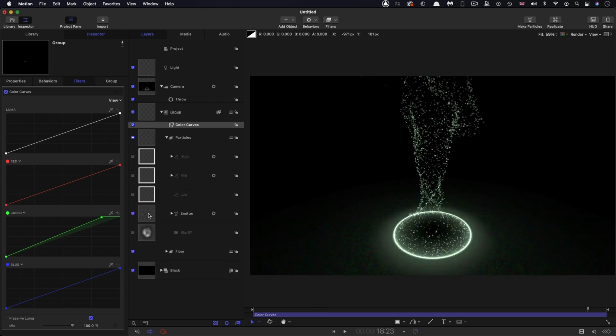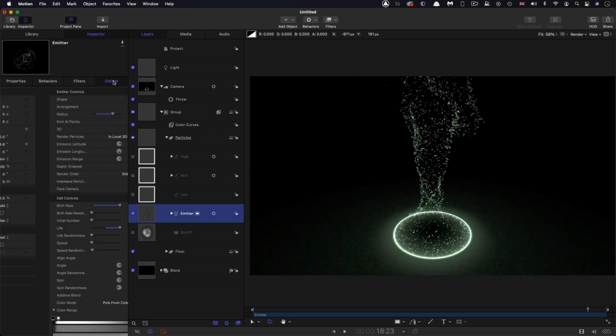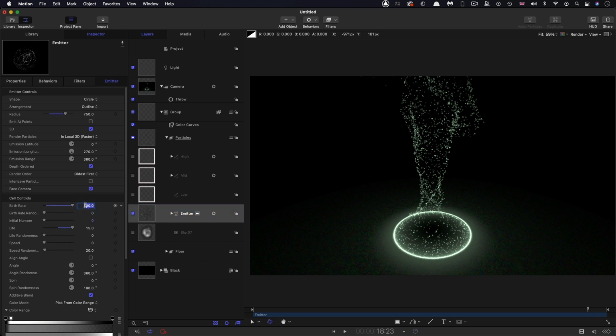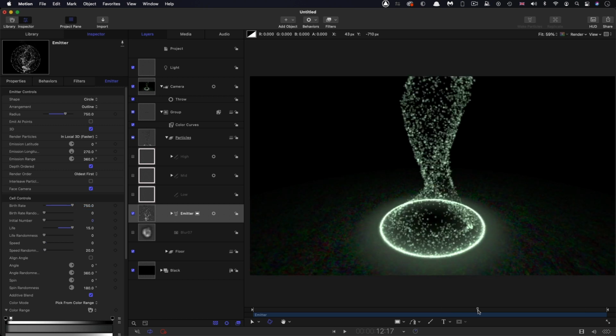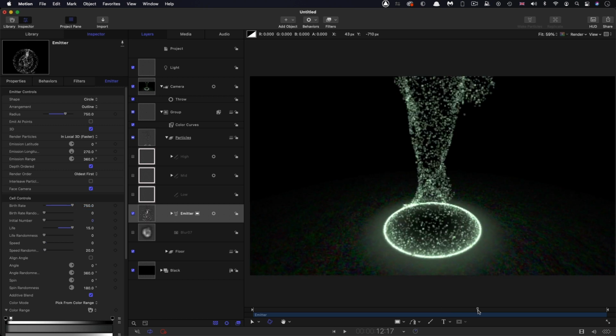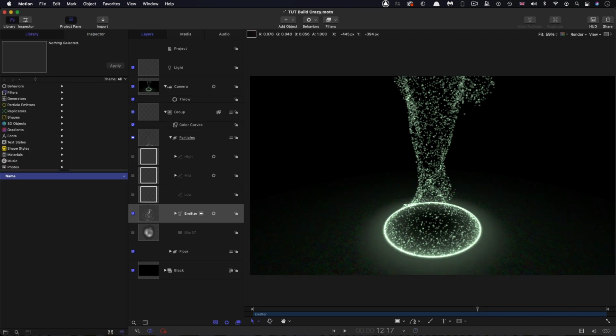Obviously, when you come to render it, you'll want to increase the number of particles. I recommend probably something like 750. So if I turn that up, my computer's starting to grind a little bit with these numbers, but you can see how much nicer that is. So the more particles you can throw at it, the prettier it's going to look. But obviously, the slower it's going to take you to render. So that's basically the project that I meant to show you,